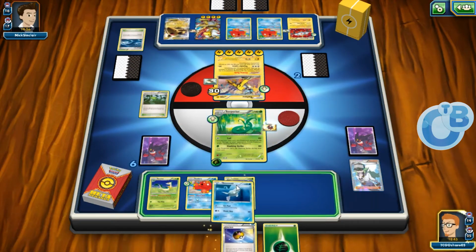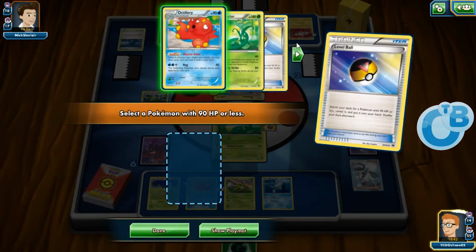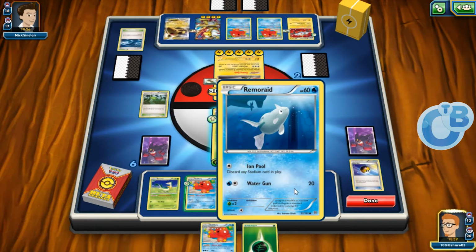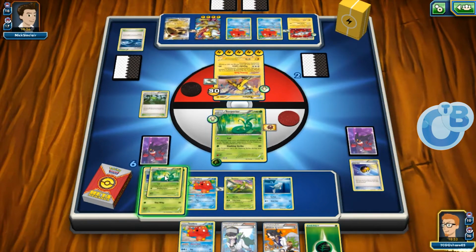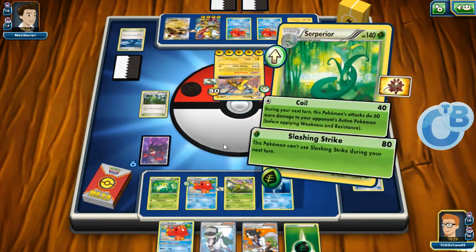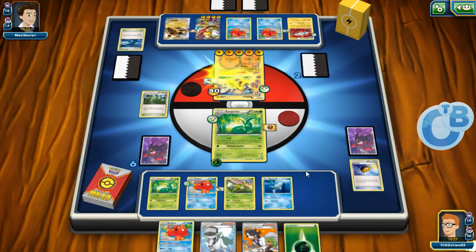Bursting Balloon. Drop this. Make our deck a little bit better by taking this Octillery. Let's draw some cards. Evolve to Serperior. Let's just go ahead and Slashing Strike